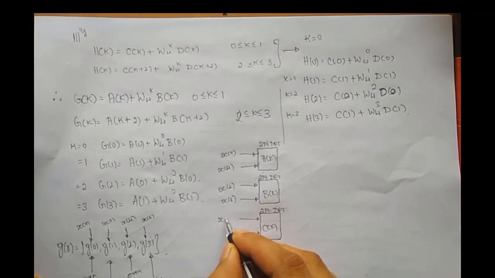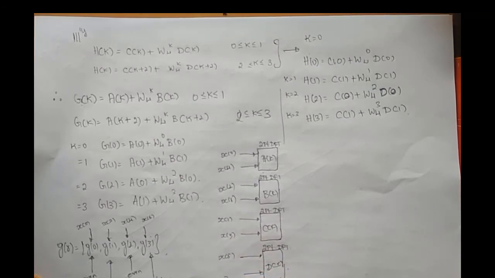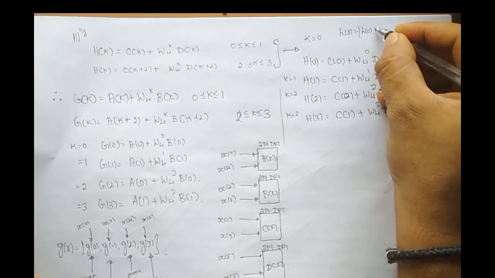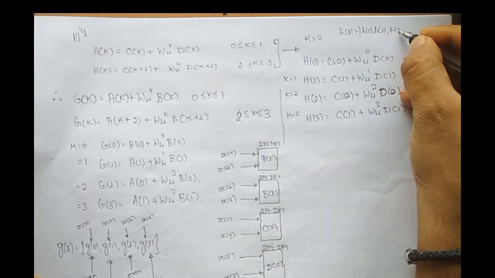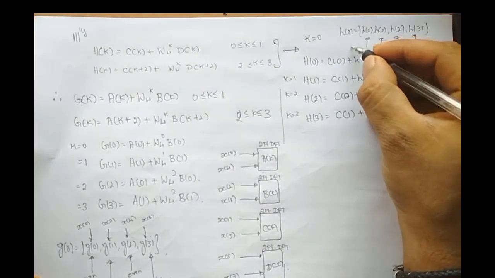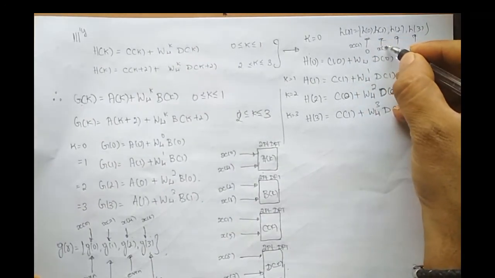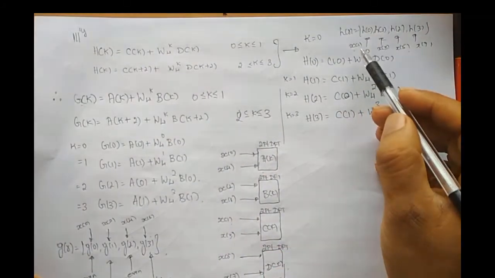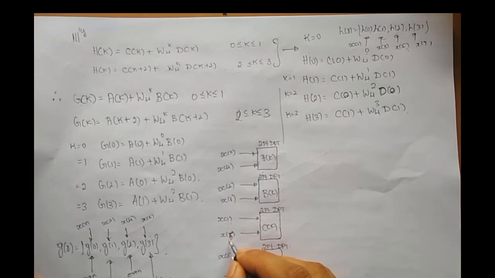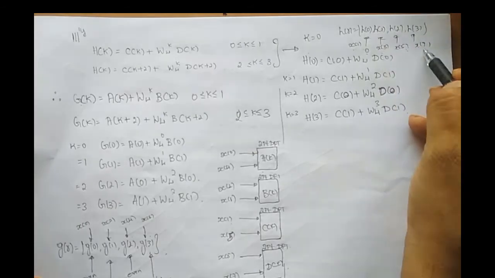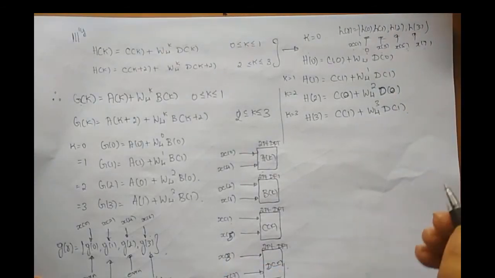Similarly for h, what is this? So this is x of 1, this is x of 3, this is x of 5, and this is x of 7. So h of r is equal to what? H of 0, h of 1, h of 2, h of 3. But these correspond to what? These samples in terms of x are the odd sequence, right? X of 1, x of 3, x of 5, and x of 7. So this corresponds to x of 1 and x of 5. Odd is x of 3 and x of 7.